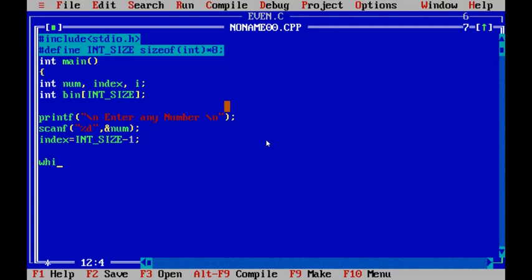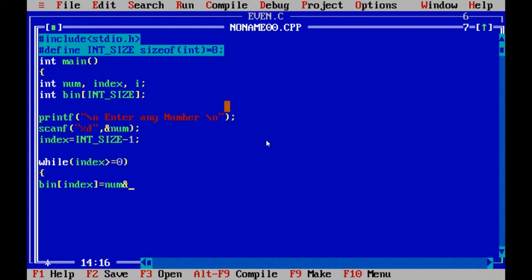Then a while loop, while the condition is index greater than or equal to 0. If it is true, it enters the loop and it checks: bin array of index is equal to num,